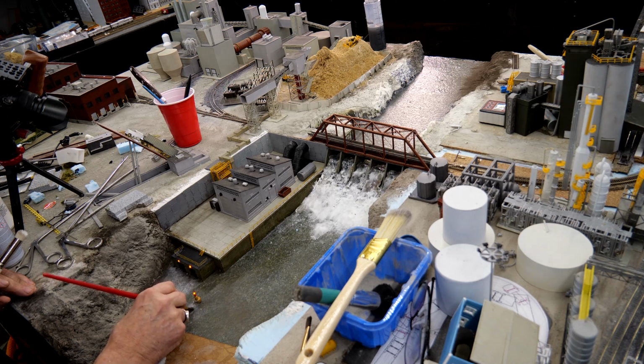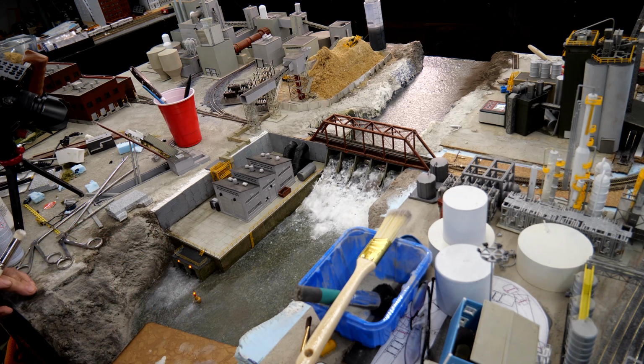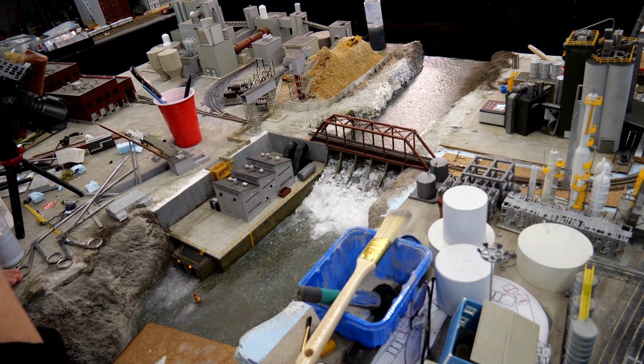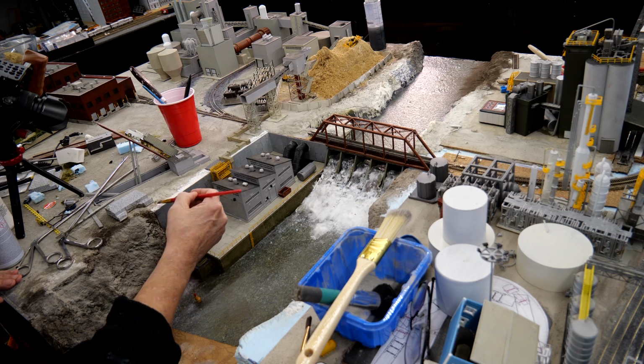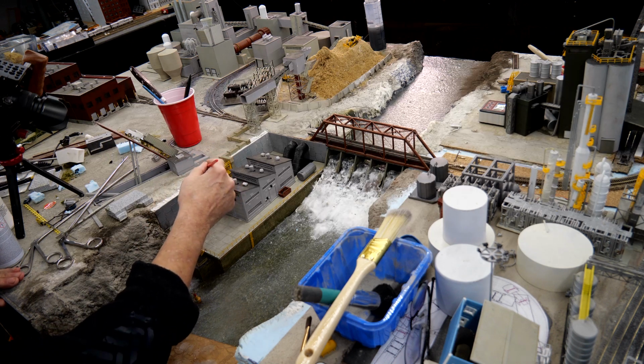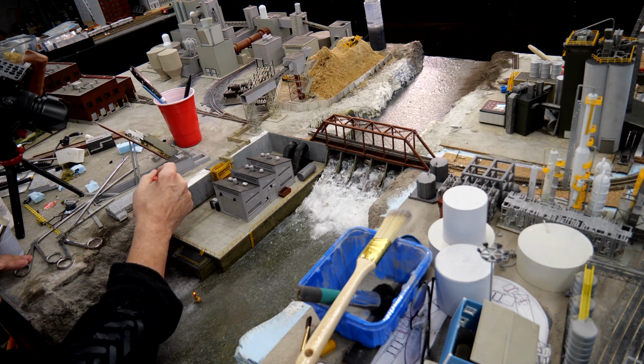Touch it up a bit here. So this will pretty well end this section of the layout here in the trench where the power plant is. I designed some jersey barriers that I'm going to put along here, but this still has to be obviously covered in the grout. The surface is covered in over here,